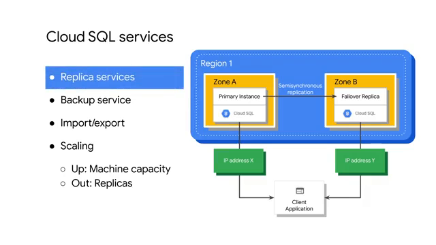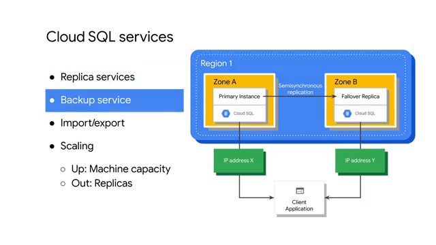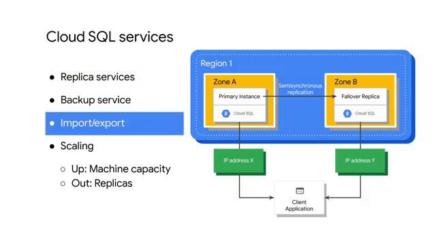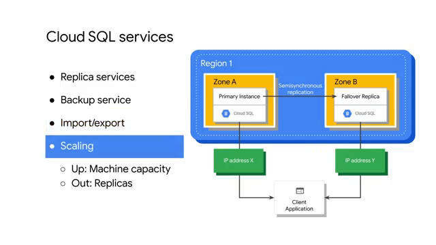There is a replica service that can replicate data between multiple zones as shown on the right. This is useful for automatic failover if an outage occurs. Cloud SQL also provides automated and on-demand backups with point-in-time recovery. You can import and export databases using MySQL dump or import and export CSV files. Cloud SQL can also scale up, which does require a machine restart, or scale out using read replicas. That being said, if you are concerned about horizontal scalability, you'll want to consider Cloud Spanner, which we'll cover later